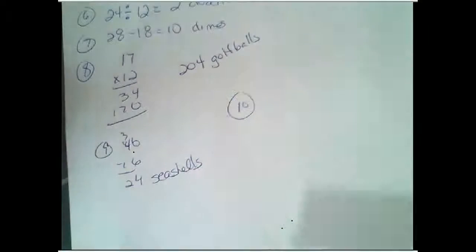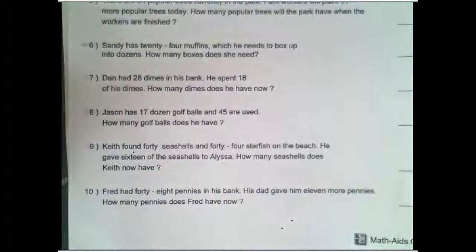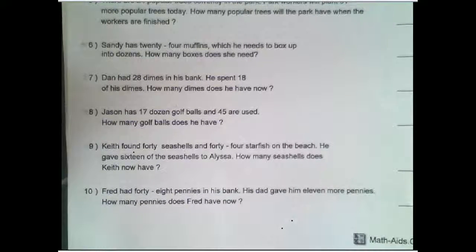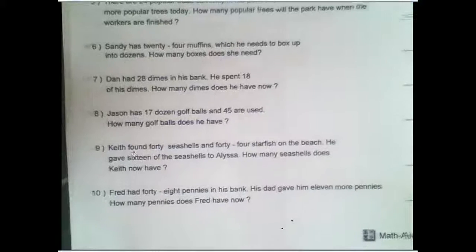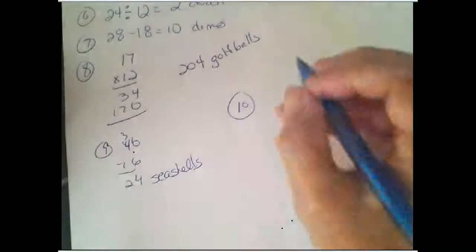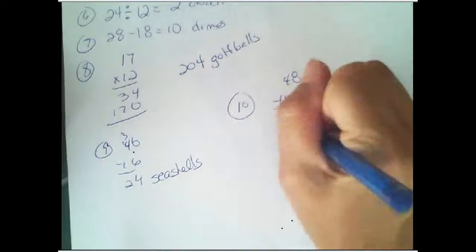seashells. And number 10, Fred had 48 pennies in his bank. His dad gave him 11 more pennies. How many pennies does Fred have now? He had 48. He got more, so we are going to add them because 48 plus 11, he has 59